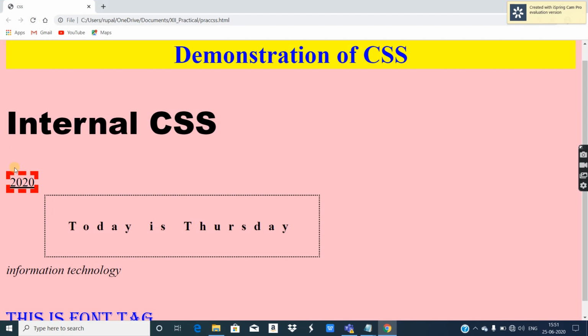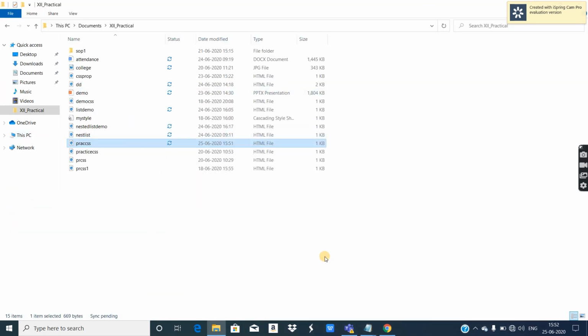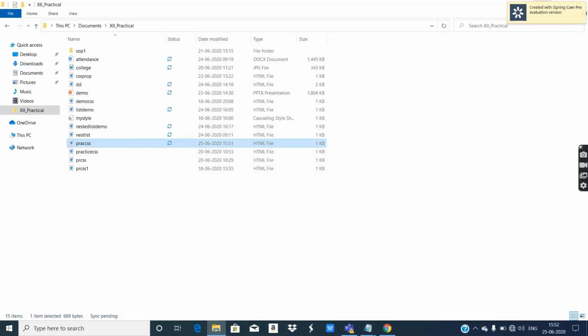Now see this. This is dashed. I'll make it 2 pixels. Refresh. See, I reduced the pixels, and this is dashed border.